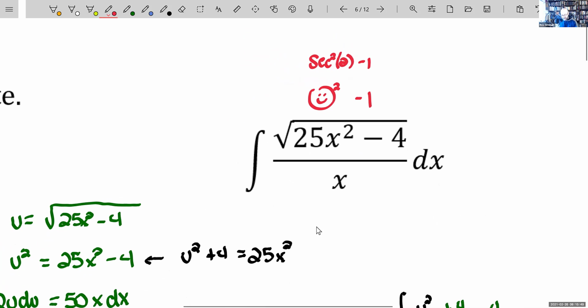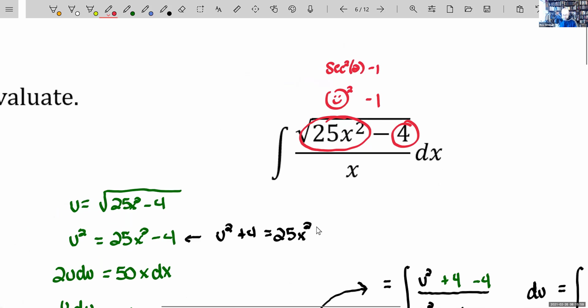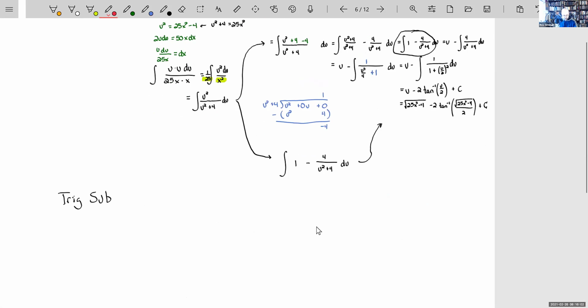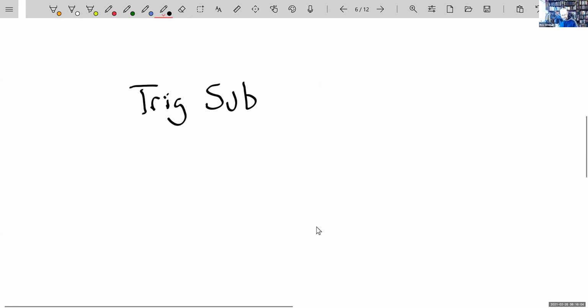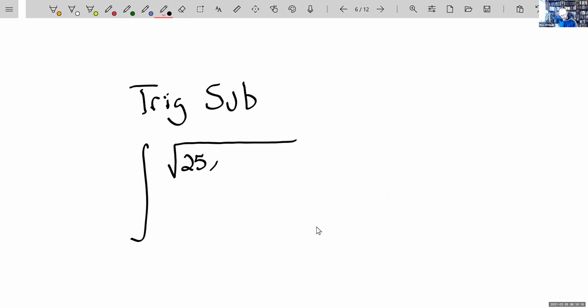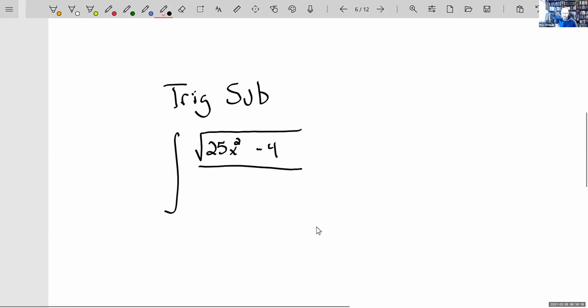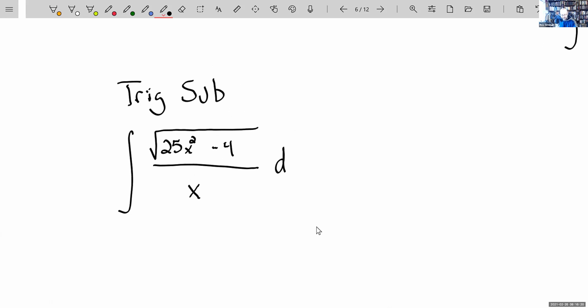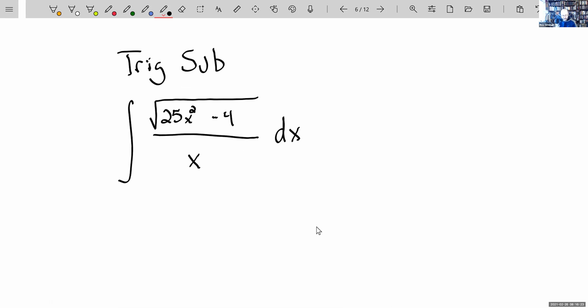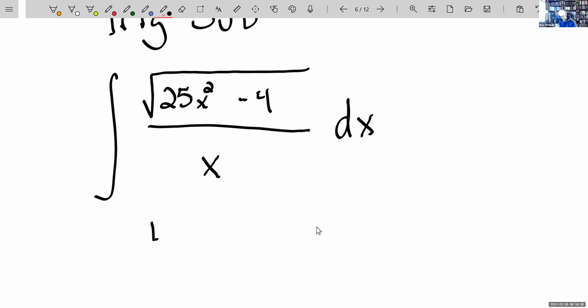Well, but here's the deal. If I want this to eventually be a secant squared, I really want that to be a 4 secant squared so I can factor out this 4. So what I'm going to do is rewrite my integral down here so it's in our visual field. Square root of 25x squared minus 4 all over x. Secant of a fraction. Exactly. Well, it's a fraction times a secant. But yeah, in this case, I'm going to say let